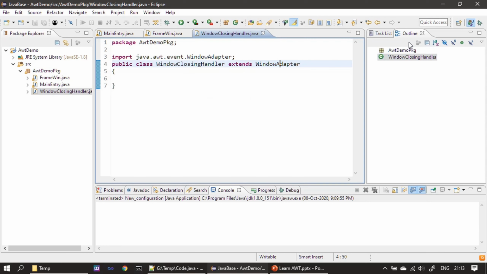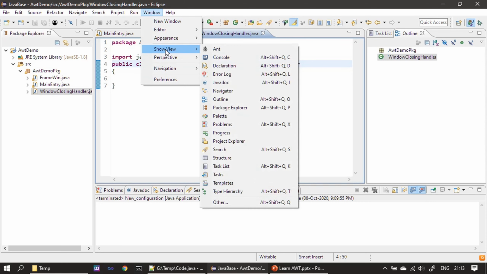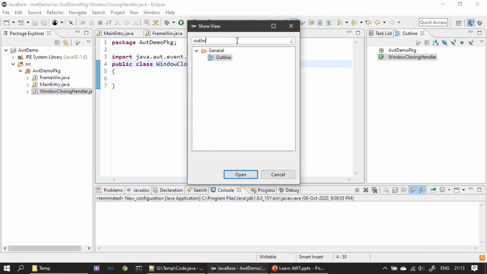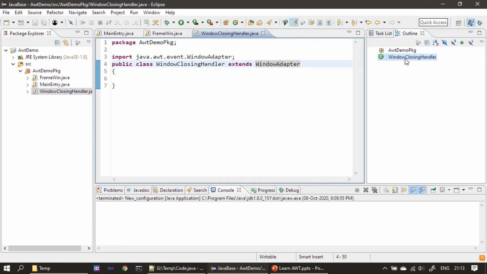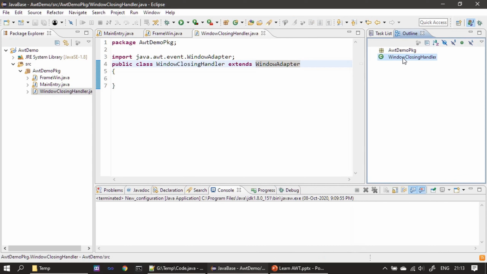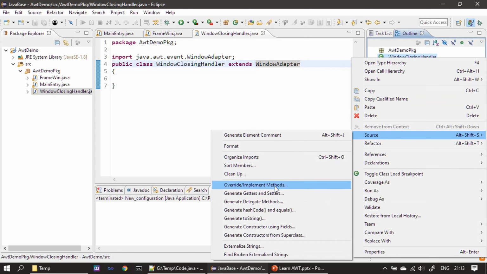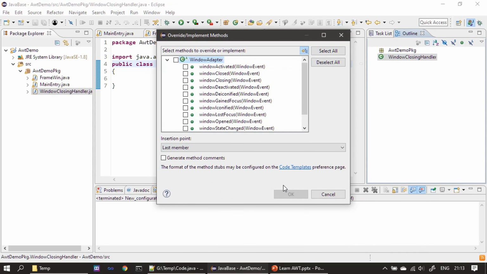Now right click on windowClosing, so here is the Outline view. If you don't see the Outline view, you can bring it from Show View, and you can type outline here and it will show the outline. Click on that, it will open that view. So in the Outline view, I'm right clicking on windowClosing, and I'm choosing Source, Override or Implement Methods. And if you see, it just lists all